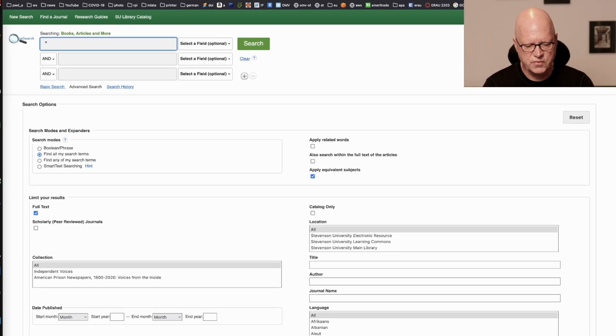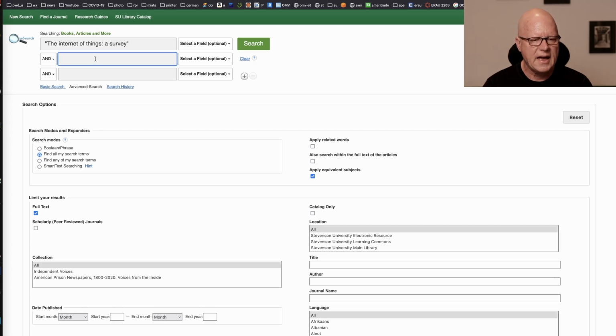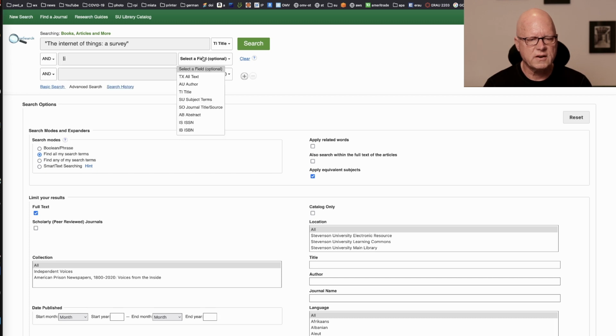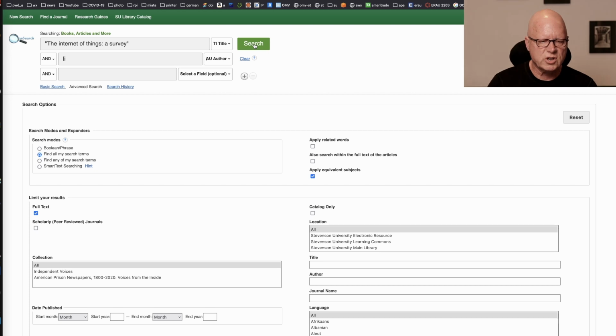So I'll search for the title of the article. I'll put it in double quotation marks to indicate that I'm looking for this specific phrase, not just one or more of the words, but I want all these words in this order. Within the title field, and the name Li within the author field. When I execute this search,